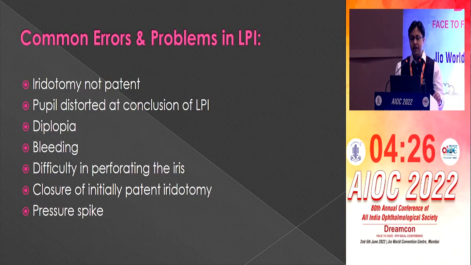One of the common ones is that the iridotomy is not patent. And what our teacher and our book say is that whenever you have done the laser PI, first of all, you can see a sudden gush of aqueous coming from it. There is a change in the anterior chamber angle, and most importantly, in cases of advanced glaucoma, if you do gonioscopy before and after laser, you can find out what the changes are and how these angles behave just after putting 3 or 4 spots of the laser.